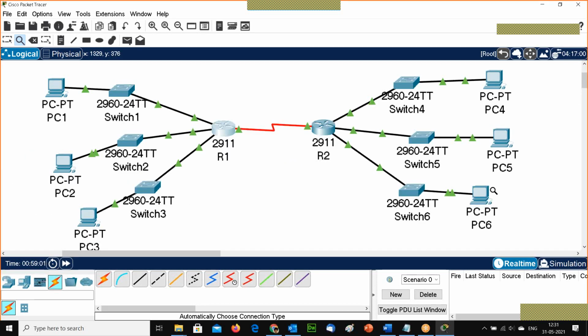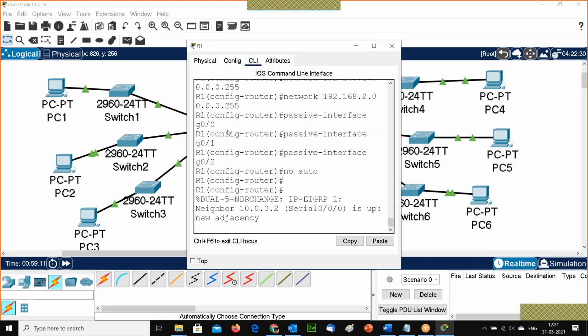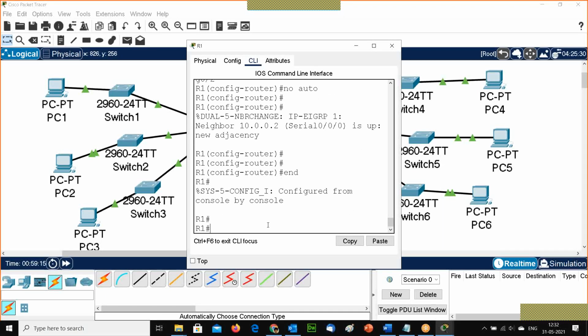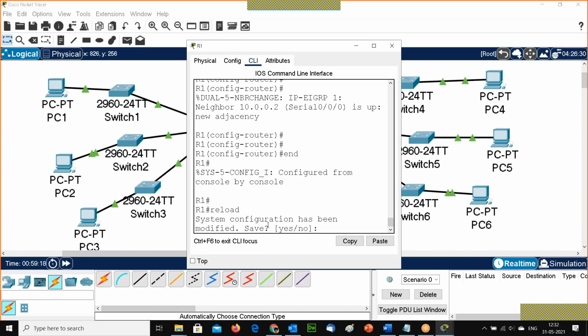So once I configure EIGRP, I'm going and resetting all the routers, and then I will be configuring the basics of OSPF. So let's do one thing. Again, I'm going and reloading the router.